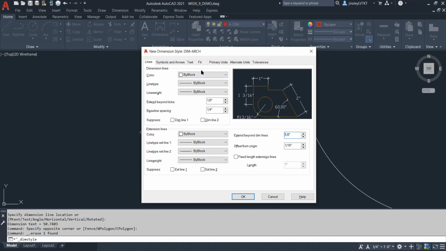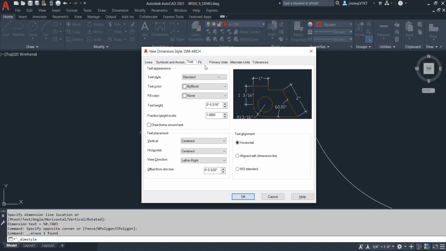Okay, one of the hardest things is what we're going to do next. The next thing that we're going to set up is going to be our text. The text doesn't have to be complicated. What you want to remember is that AutoCAD is going to control the dimension text size through the text dialog here that we see, right? We have an option here for text height,